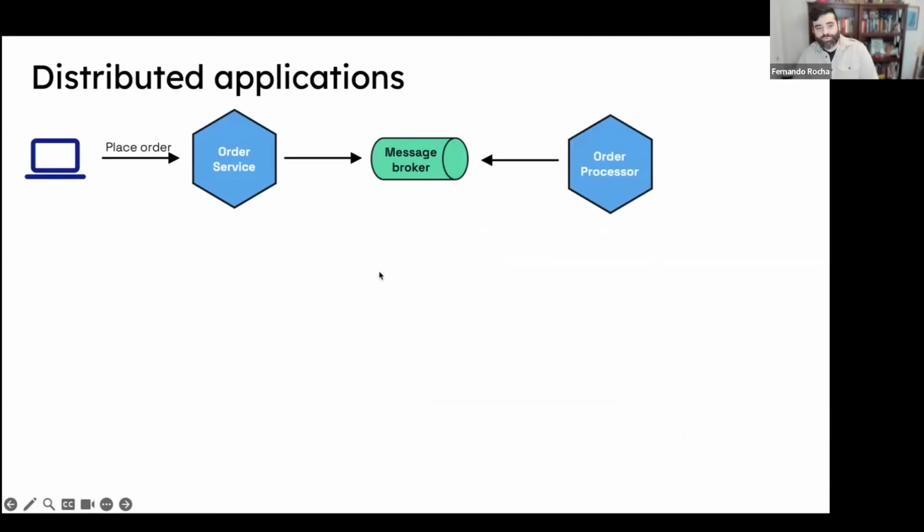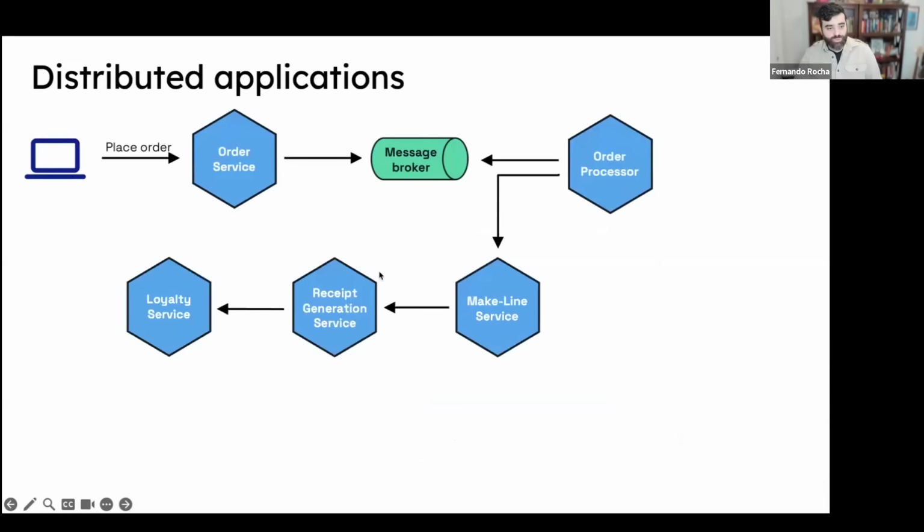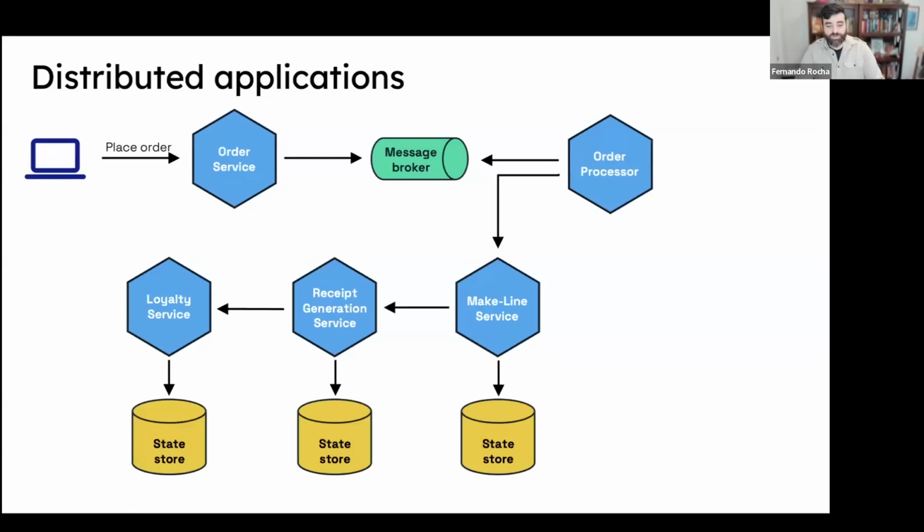We can have an order processor that picks up the messages from that queue, from that stream, and starts a workflow process with three different services. One service, we can call it make line service, that manages that particular order, manages the state of the order. It calls a receipt generation service that generates a receipt to our customer, and a loyalty service that updates the loyalty points. All of the services can have a state store,